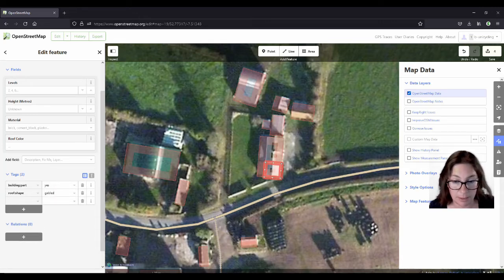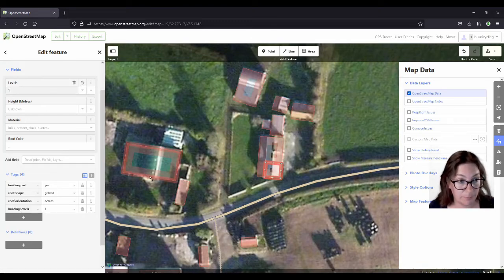And I think this direction here is longer than this one, so I have to add roof orientation across. That's for the 3D mapping, which I talked about in one or two previous videos, which I will link up in the corner. So this one, I can't add the building material because I don't know. It's also one building level.